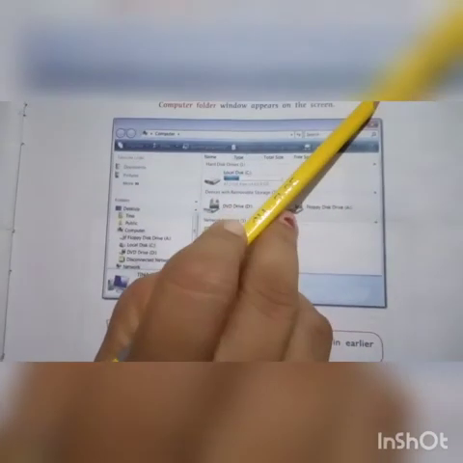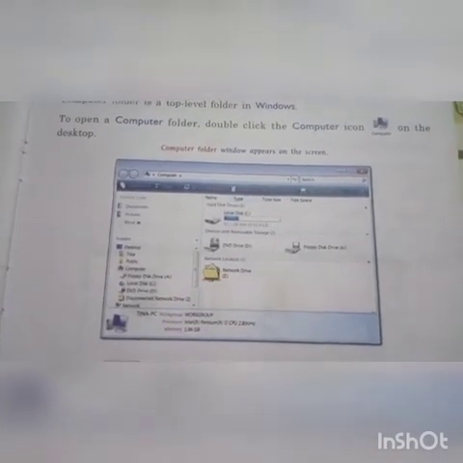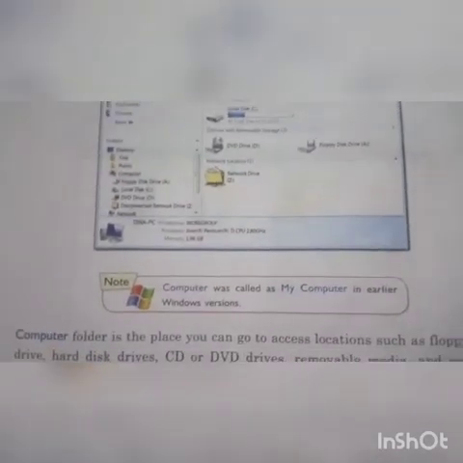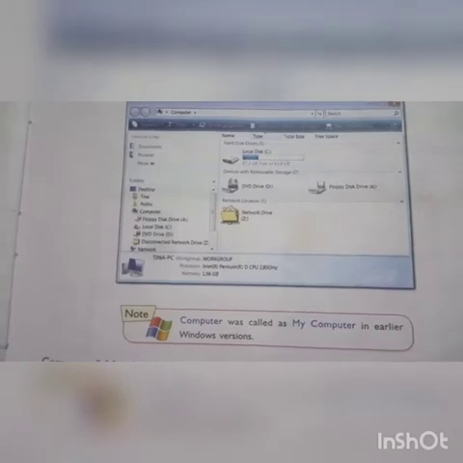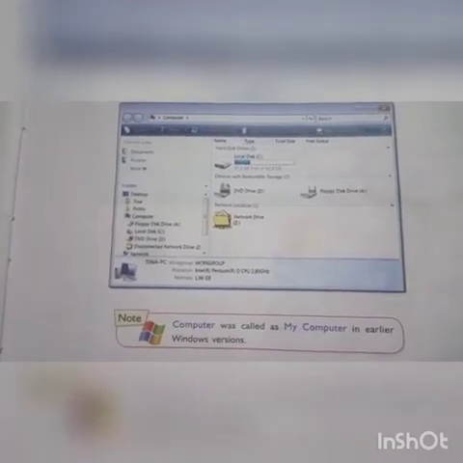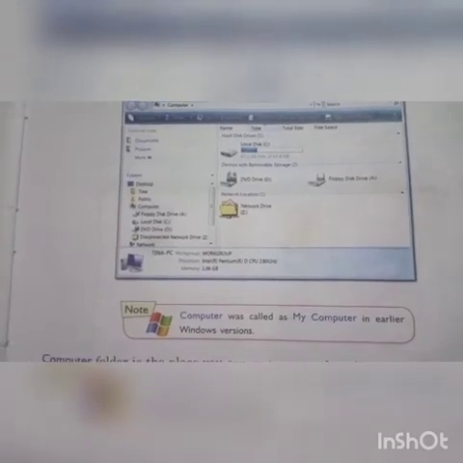This is the icon of the Computer folder, and when you double click on that, it will open like that, and you can access the locations such as floppy disk drive, hard disk drive, CD or DVD drives, removable media and network locations that are connected to your computer.